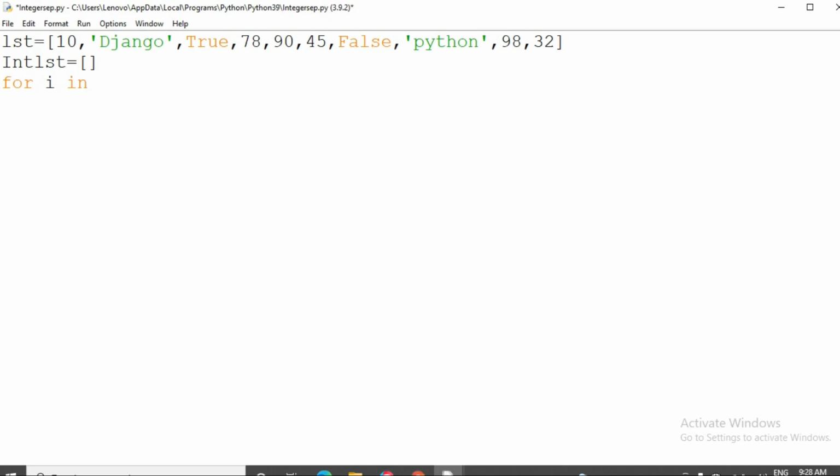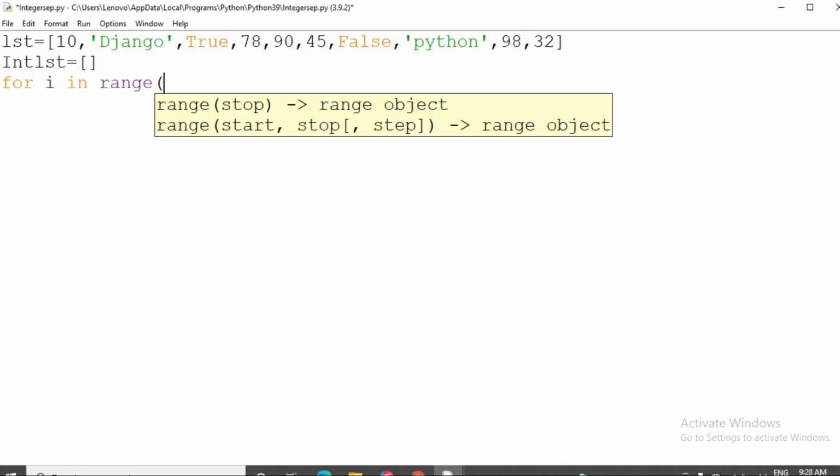So for i in range of, that means I want to search all the elements. The range function gives the range of how many elements are present inside the list.